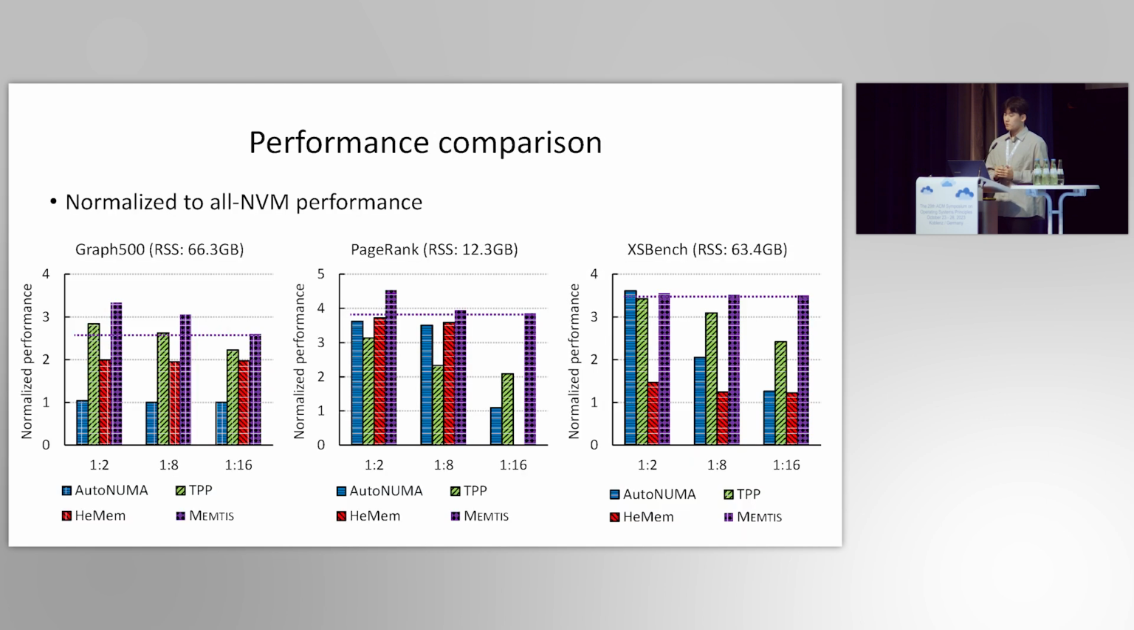Now we show the performance comparison to existing tiering systems. There is no one system that generally works well. TPP is doing well for Graph 500 and XSBench. It shows the worst performance in PageRank. MEMTIS performs best in almost all cases because it effectively manages the hot set, considering both memory access distribution and